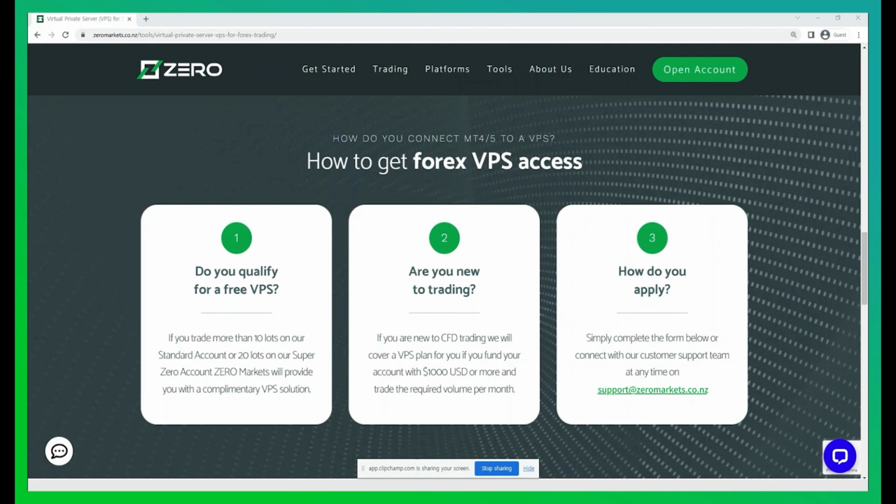What are the conditions for a VPS? If you trade more than 10 lots on our standard account or 20 lots on our Super Zero account, Zero Markets will provide you with a complimentary VPS solution. If you are new to CFD trading, we will cover a VPS plan for you if you fund your account with $1,000 or more and trade the required volume per